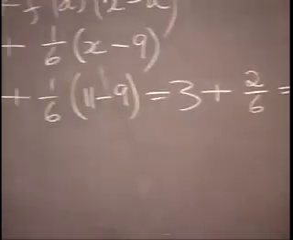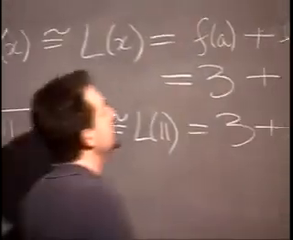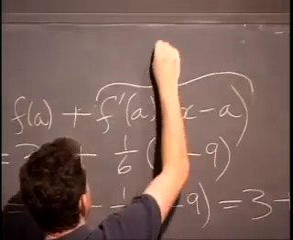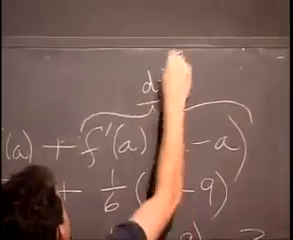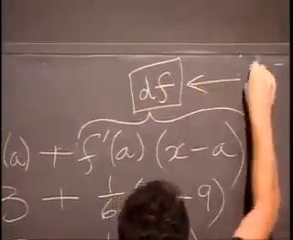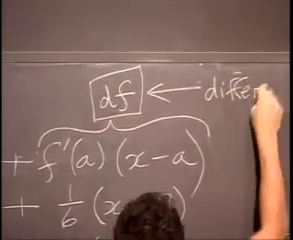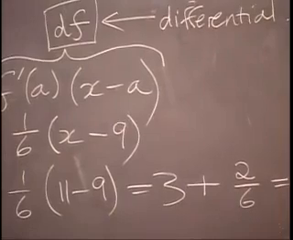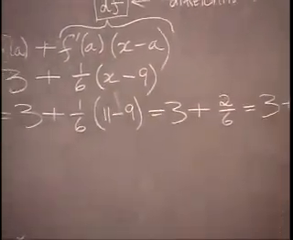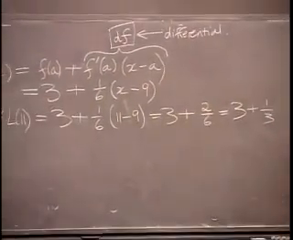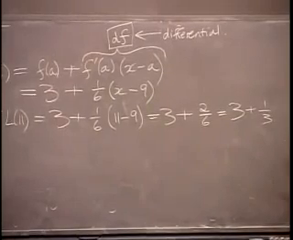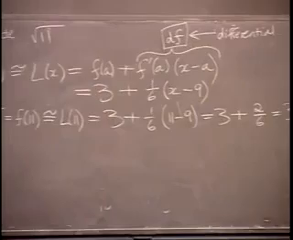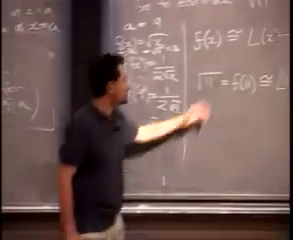Okay? Actually, this is probably as good a time as any to give you a notation for this bit. It's called df. It's the differential. It's the bit. It's called df. It's not df d anything. It's just df. It's a shorthand for f prime of a times x minus a, the bit that you have to add on to the original value, f of a, in order to get the approximation to the value that you